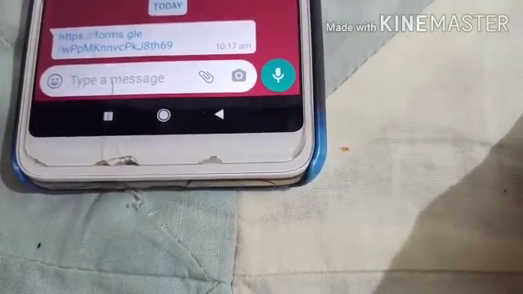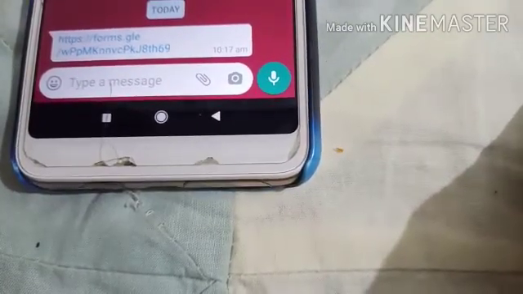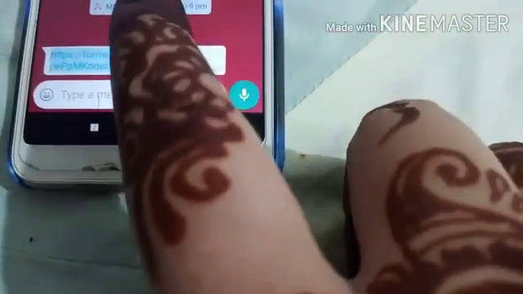All right, now start with the question paper. You can see here is a link. This kind of link will be sent by your teachers, by the subject teachers, that you have to click on at the time of the test. Now let us see what will happen by clicking on this link. I'm clicking on this link. Now let's see what will happen.